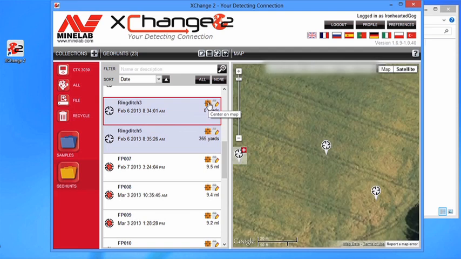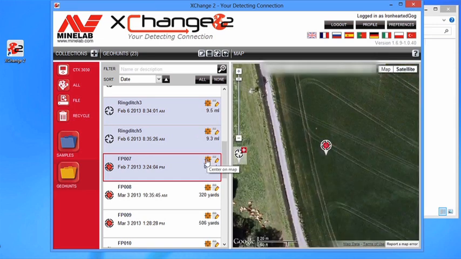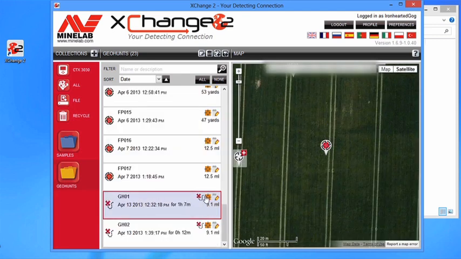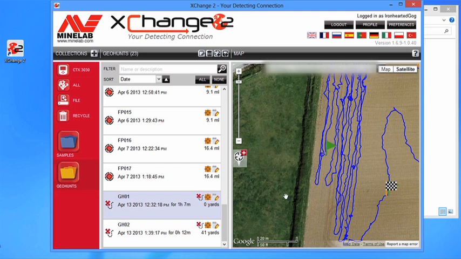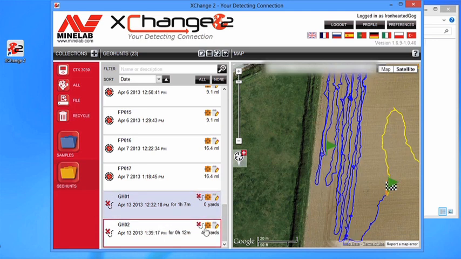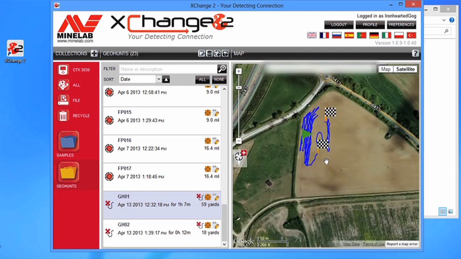Here, Gordon has marked an Iron Age ring ditch he intends to search. The red icons are find points where Gordon has found things. He could edit these to give better descriptions, but I guess he's being a little bit secretive by not renaming them. The last records are his geohunts. Centering them on the map shows exactly where he searched on the field on 2 occasions. He's got a lot more searching to do before he covers that field.